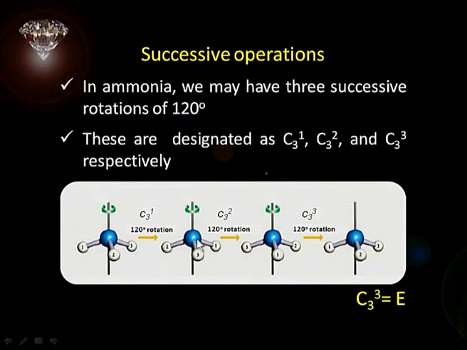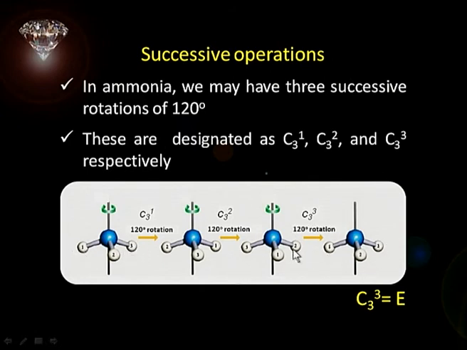So, this molecule is not differentiable from this one. So, I say I have performed a symmetry operation, and this is my 120 degree rotation, meaning I have done a C3 rotation. Since I have done it for the first time, I call it C3^1. If I repeat the same thing, atom number 3 comes here, 1 comes here, 2 comes here. This we call C3^2. I can continue and do another 120 degree rotation. What I get is the same orientation back: this is my 1, 2, 3, and I get 1, 2, 3.